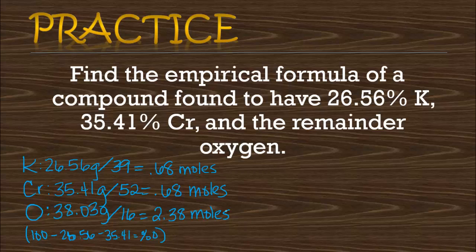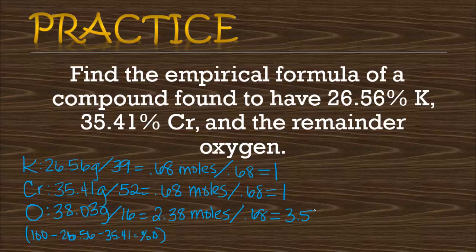So now we're going to find out which one is the smallest. So 0.68 is the smallest of all my moles. So I divide by the smallest, and I do it for all of them. So for potassium we have 1, for chromium we have 1, and here we have